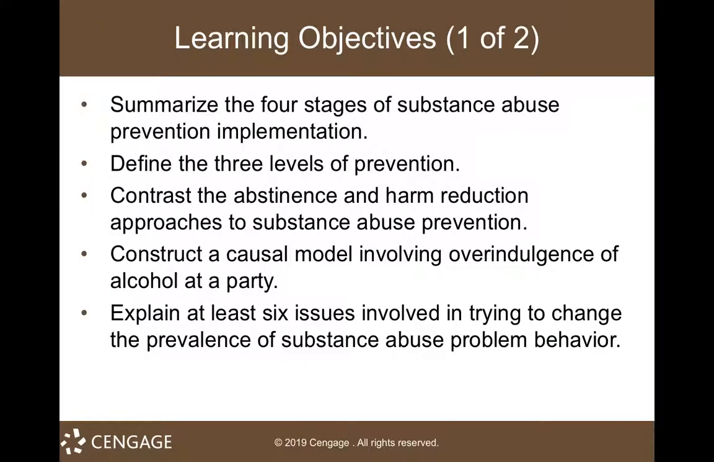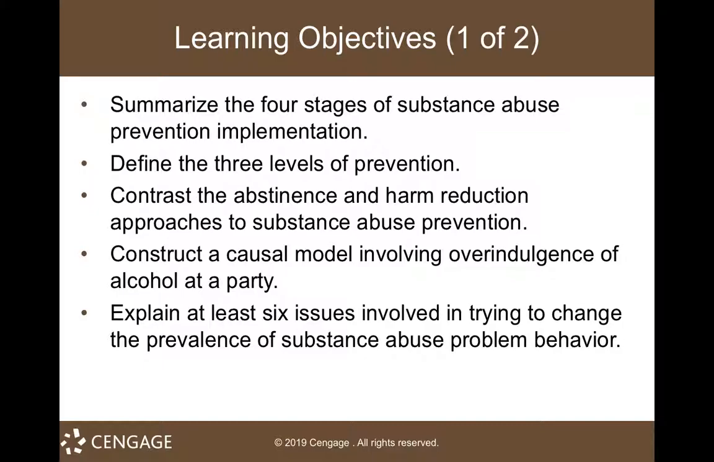Our learning objectives for this relatively short but important chapter are to summarize the 4 stages of substance abuse prevention implementation, define the 3 levels of prevention, contrast the abstinence and harm reduction approaches to substance abuse prevention, construct a causal model involving overindulgence of alcohol at a party, explain at least 6 issues involved in trying to change the